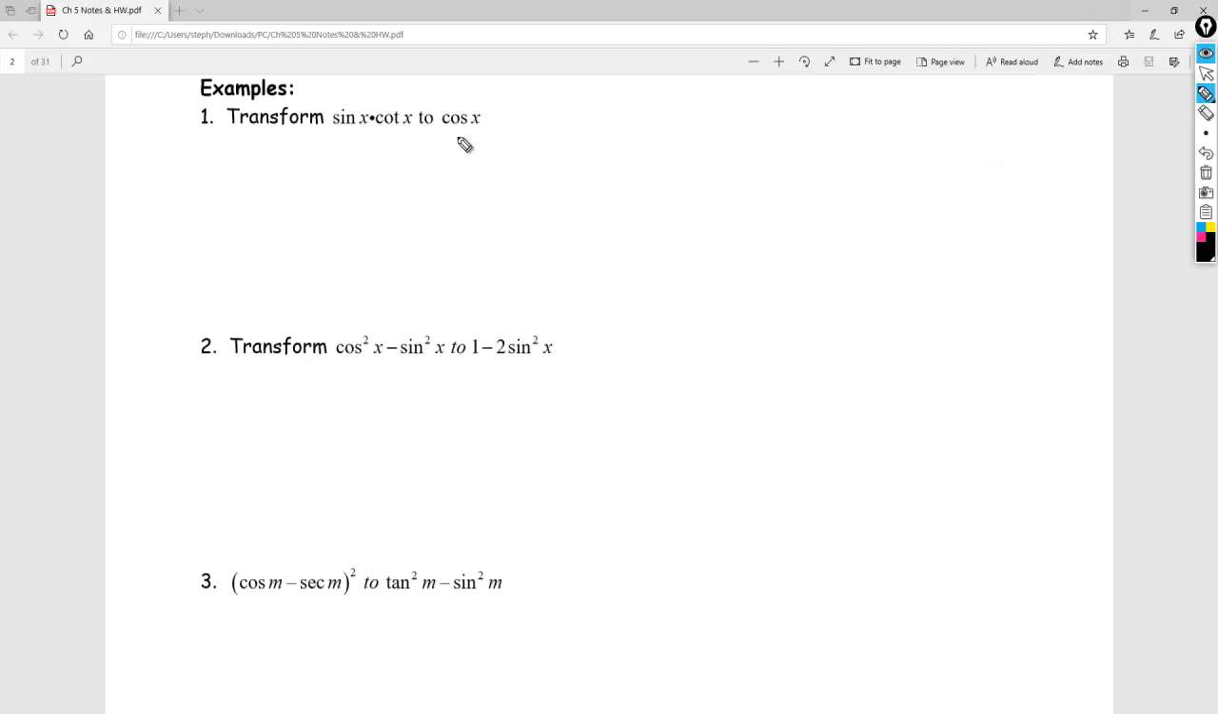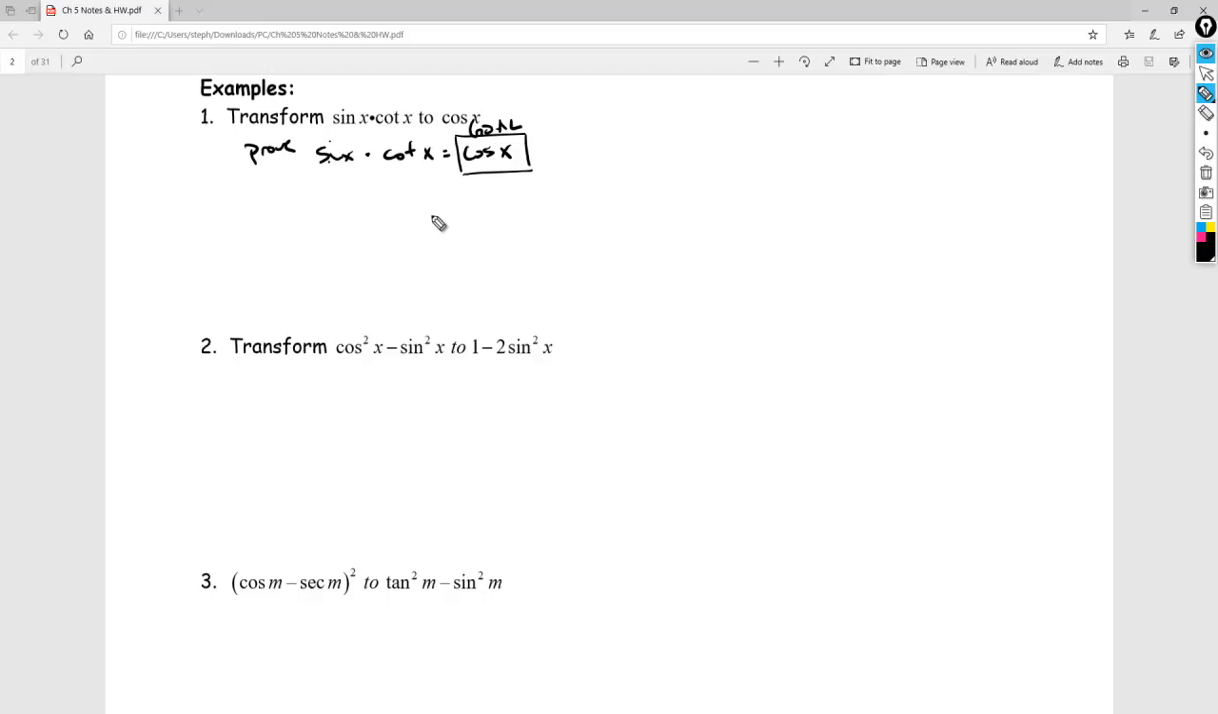Now for some practice, the first thing we're asked to do is to transform sine times cotangent of x to cosine of x, or in other words, to prove that sine of x times cotangent of x is equal to cosine of x. So in this case, I'm going to box the right side. This is my goal. A lot of times when you're doing a proof, it's just easier when you have more